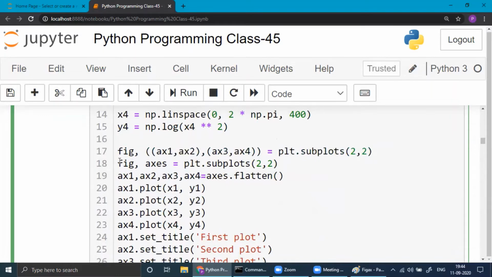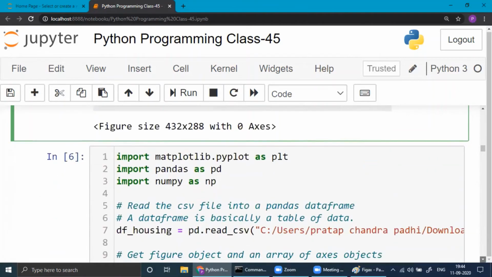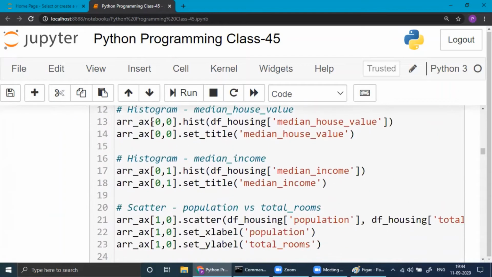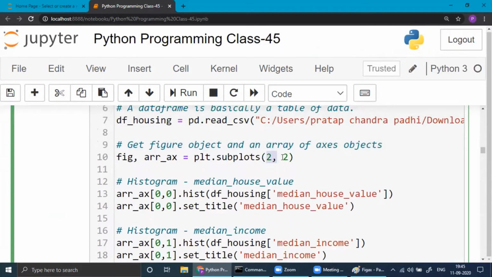So we'll keep these two. If you are writing this, you have x1, x2, x3, x4, and then you have to write this way. And here the same thing you can write this way, 0, 0, 0, 1, that way. 4 things you can write, starting from 0, 0, 0, 1, 1, 0, 1, 1.